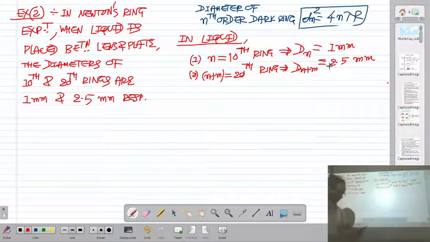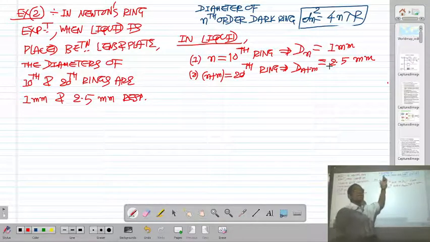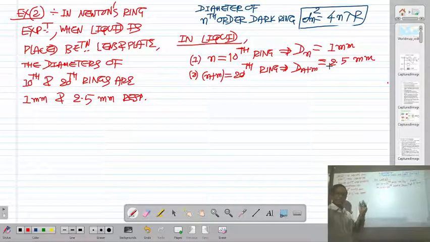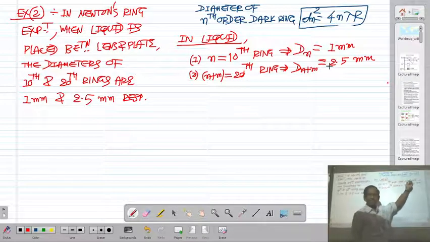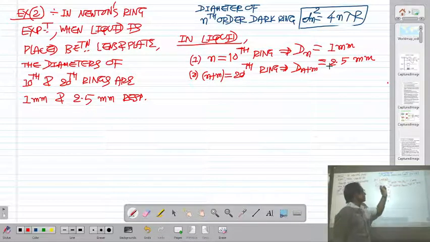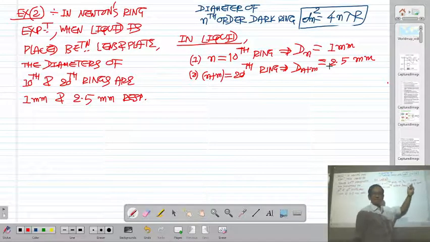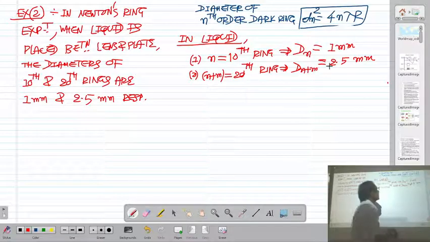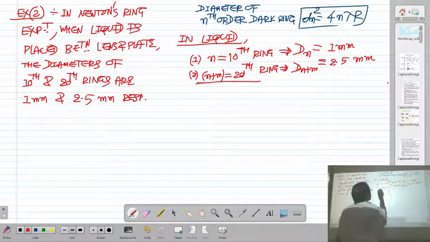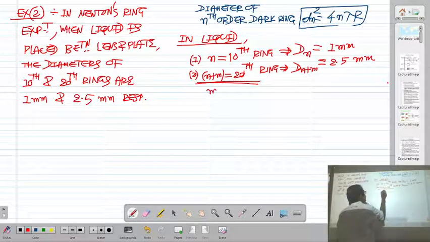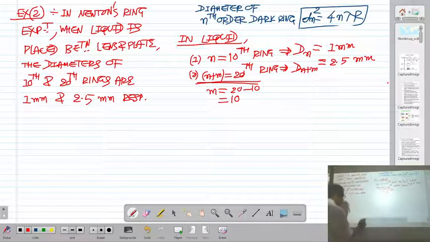So we are given the diameter in liquid. When a liquid film is formed between lens and plate, the diameter of the 10th dark ring in liquid is 1 mm, and the diameter of the (n plus m)th, the 20th dark ring in liquid, capital D(n+m), is 2.5 mm. The difference of these two ring numbers will be 20 minus 10, that is 10. Right? So in liquid,